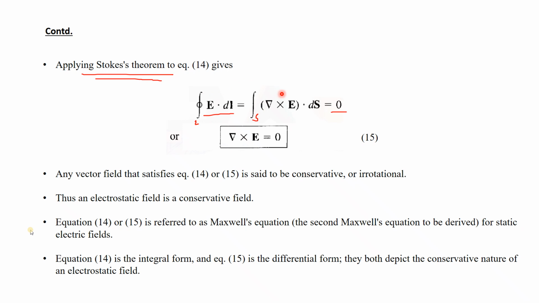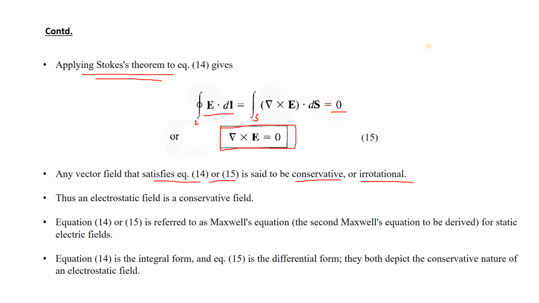As we know, if the line integral of a vector is converted into a surface integral, it becomes the curl of that vector. That means we can conclude that the surface integral of the curl of E is 0, which means curl of E is 0. So the conclusion is that the curl of an electric field intensity is always 0. Any vector which satisfies equation number 14 or 15 is said to be conservative